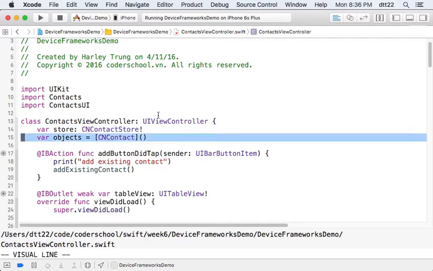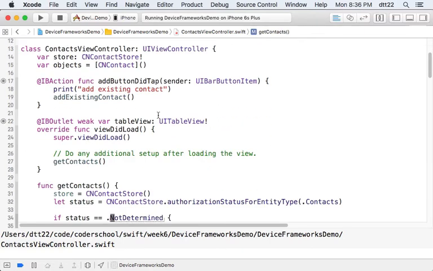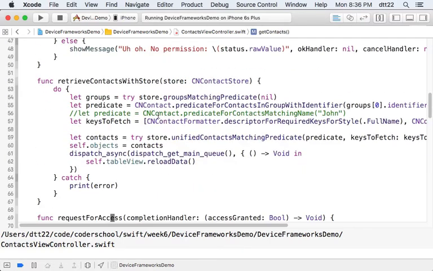CN contact is the list of contacts. In that contact, you have everything, properties, name, email, first name, last name, and even your own fields. You look at your contacts app, you see there's so many things in there. Now, when you tap the button, what I'm trying to do here is add existing contacts. So what does it do? Add existing